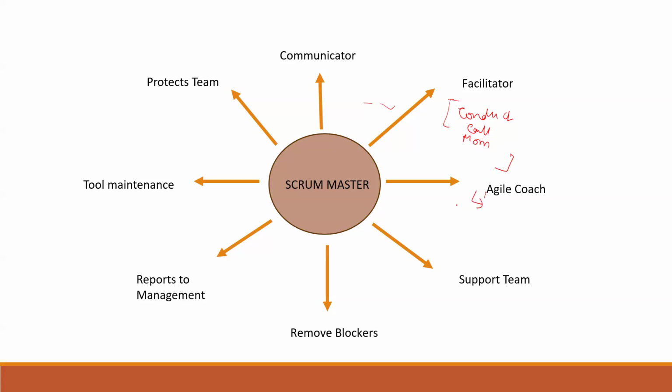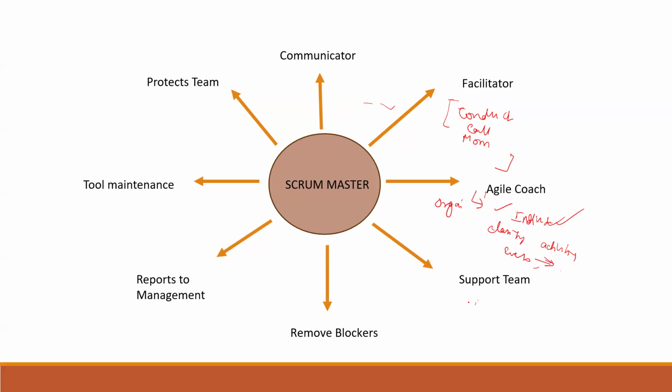Next, for an organization, he will be a coach. He will be an agile coach. He will be training the individuals, new individuals. Let us say freshers have come to the team. You will be coaching them. You will be clarifying their doubts on how to implement certain activities and certain events in your Scrum. If someone is not following that, probably you will go back to them and ask them, or you will teach them or train them. So you will be a coach, a trainer, an agile coach.